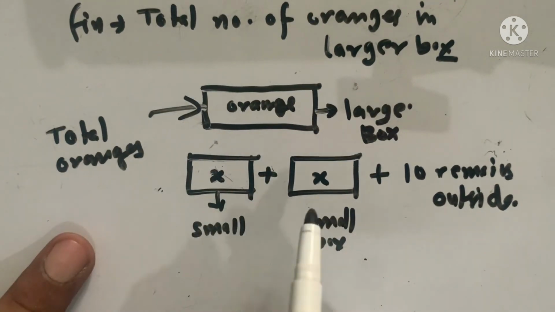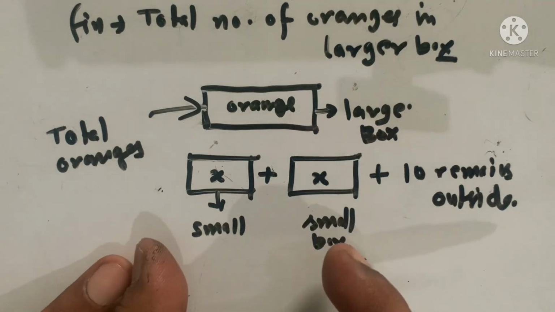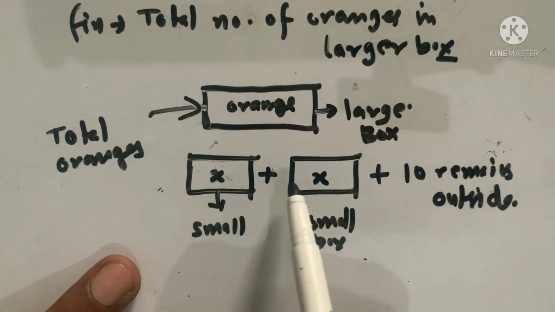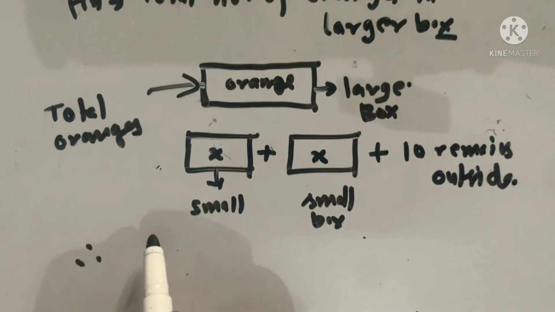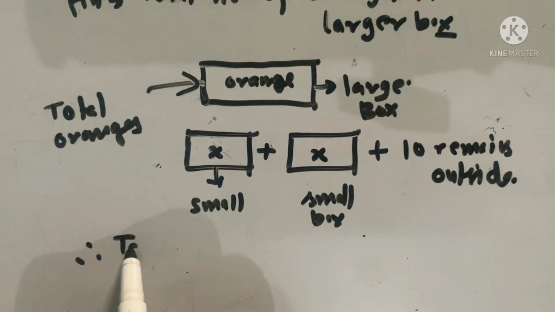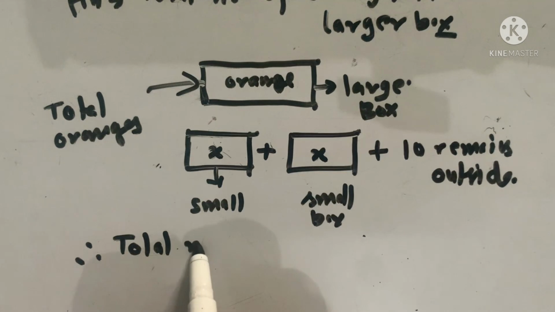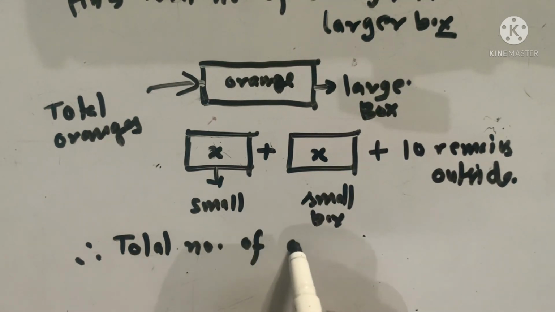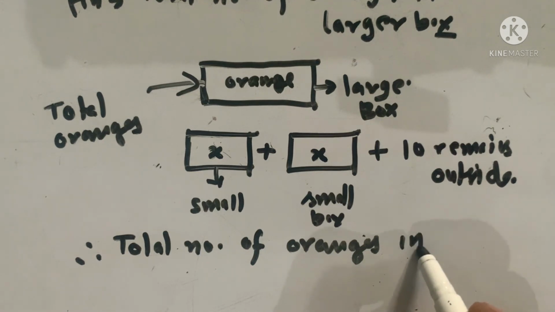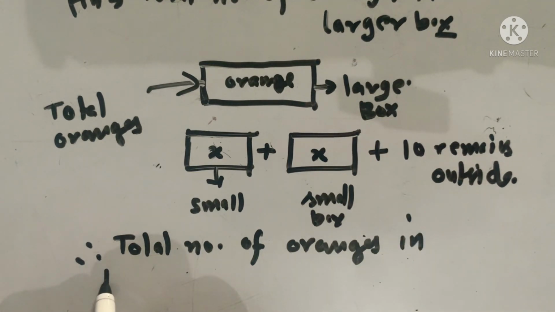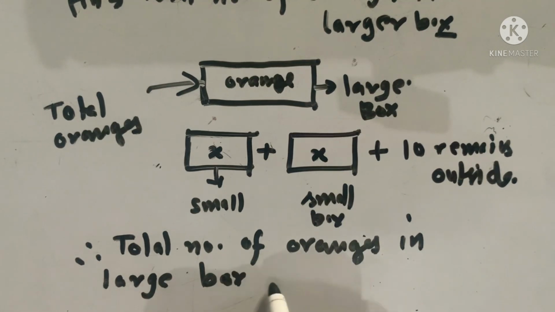What will be the total oranges? Number of oranges in a small box. Therefore we will say that the total number of oranges in the large box are,